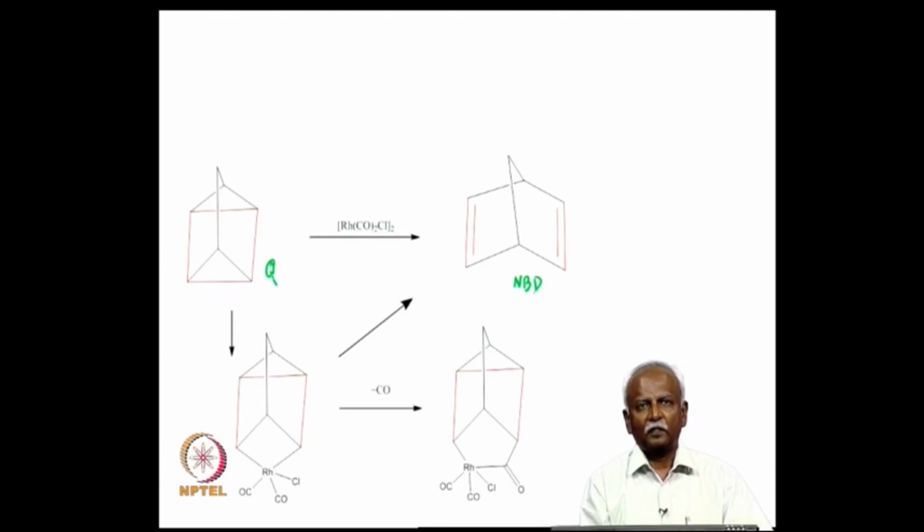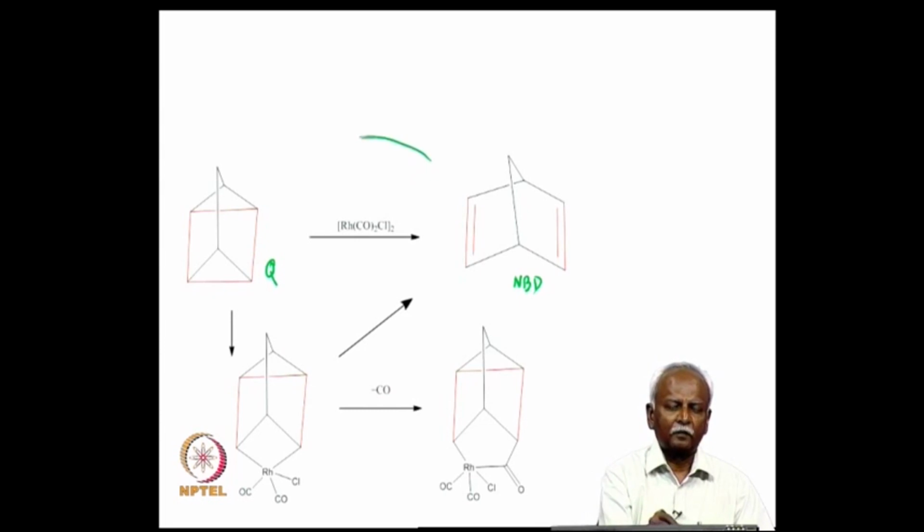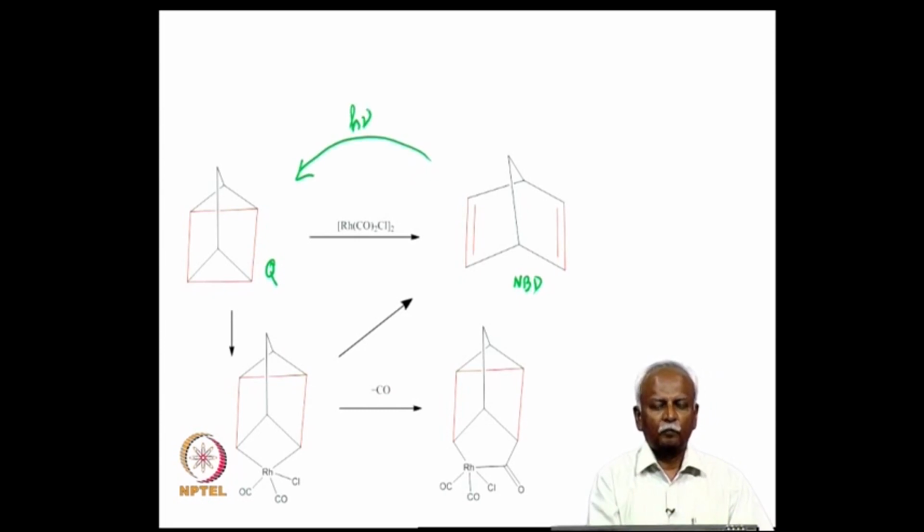Now, it was interesting that norbornadiene could be converted to quadricyclane by photolysis, and because quadricyclane is an energy rich molecule, it was thought that if one can store energy by absorbing sunlight, converting norbornadiene to quadricyclane, then it